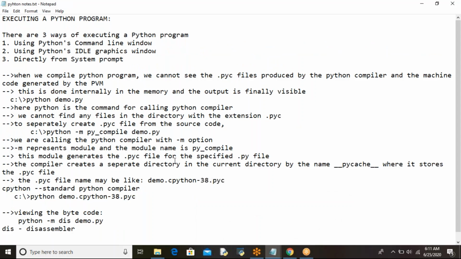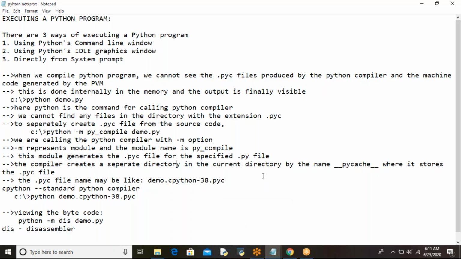So coming to here, executing a Python program. There are three ways of executing a Python program. The first one is using Python's command line window. In yesterday's session, we pinned Python's command prompt and IDLE window to the taskbar, right?